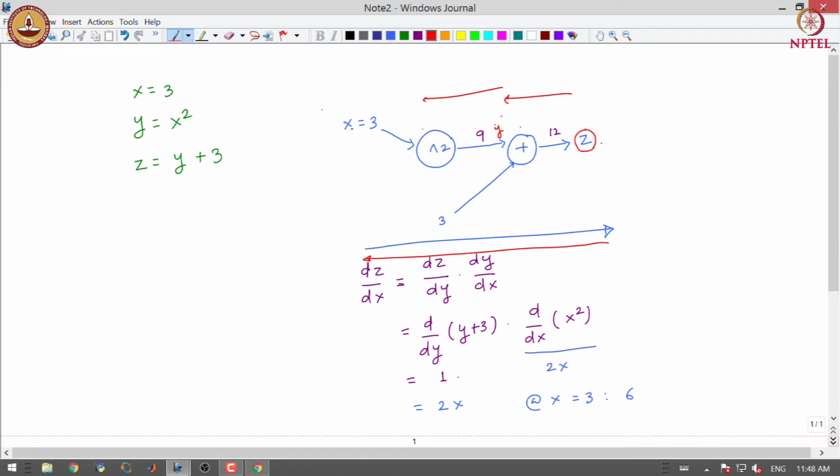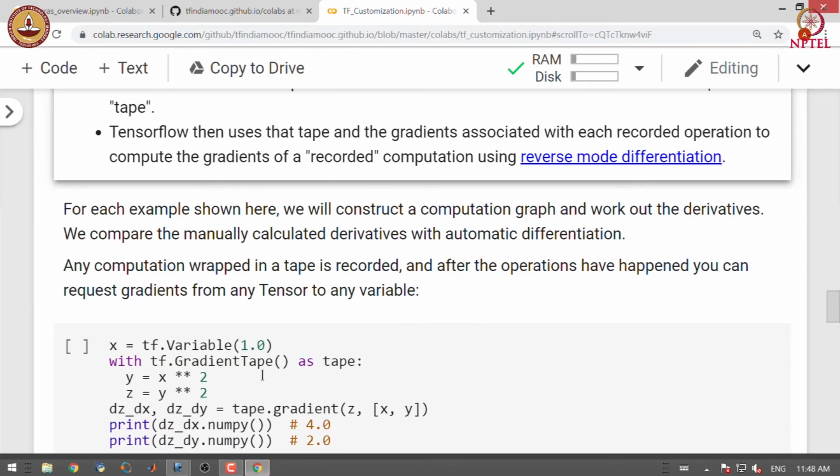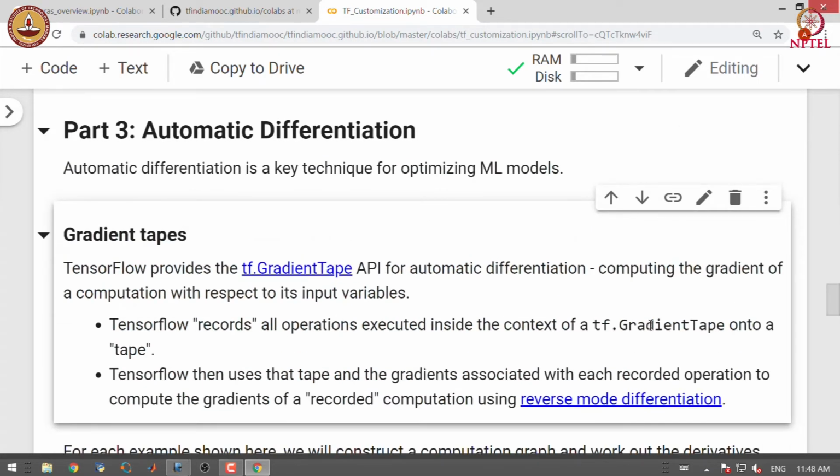This is the backward pass, and we use this reverse mode differentiation to calculate the derivative of z with respect to x. So, the gradient tape is used to record the forward operations, and then it uses the gradients associated with each recorded operation to compute the gradient of a recorded computation.